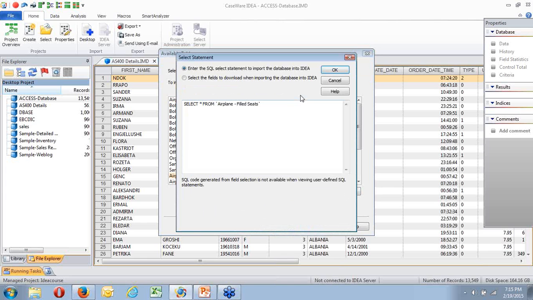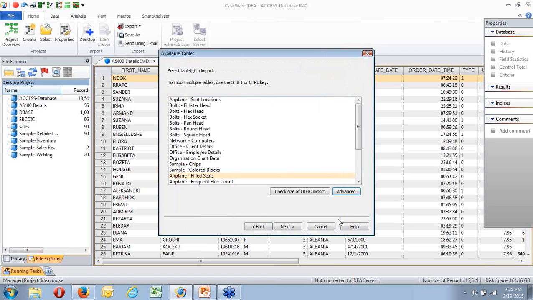I can go into, and here's where I can start playing with SQL. Okay. If I look at this, you'll see I'm sitting in available tables. There are all kinds of different tables. And the question was, what if I want to use information from one table in another table?